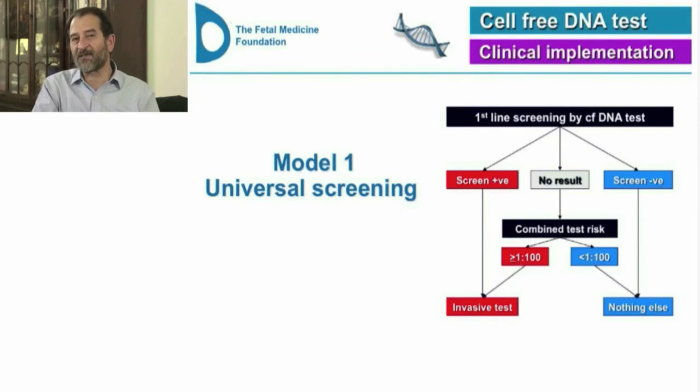Unfortunately, at present, the cost is extremely expensive. It ranges in price from $800 to $2,500. So it is comparable in cost to that of invasive testing, and it is considerably higher than that of any other screening test. But if we were to offer cell-free DNA testing routinely to everybody, essentially the model would